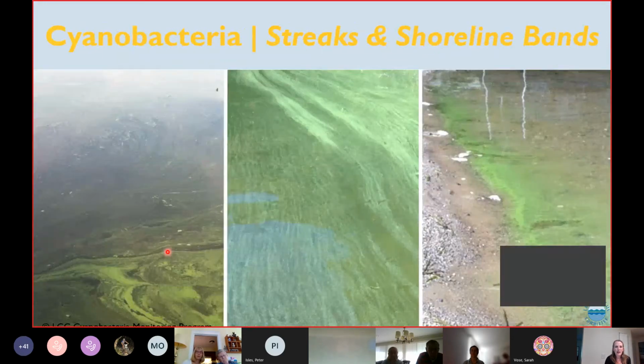You might see streaks along the shoreline and in the water body and all these different striations, but a low alert condition is also going to be more restricted in its area. One of the differences between a low alert and a high alert bloom is extent. And here you're seeing it narrow along the shoreline, with clear water beyond.